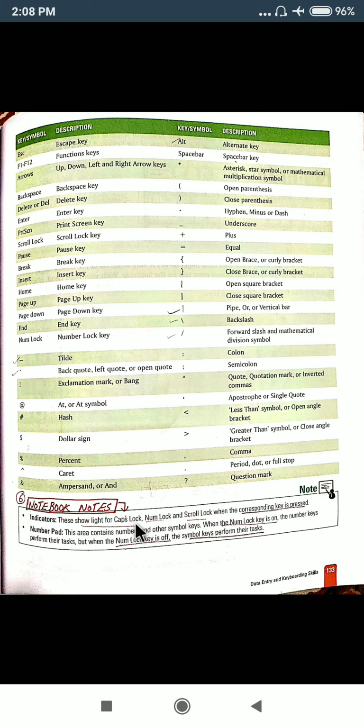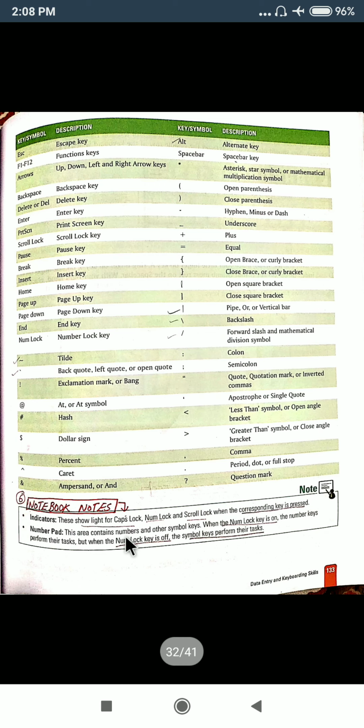Like caps lock has a light, num lock has a light, and scroll lock is there. They use the lights to indicate their functionality. The numpad is basically required to turn that particular num lock key functionality on or off. Here also again you will see lights.